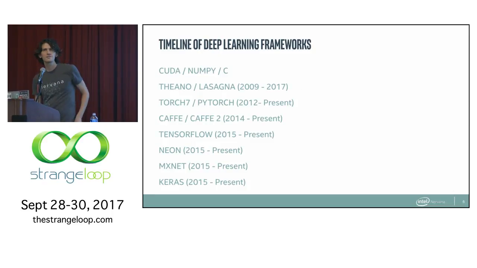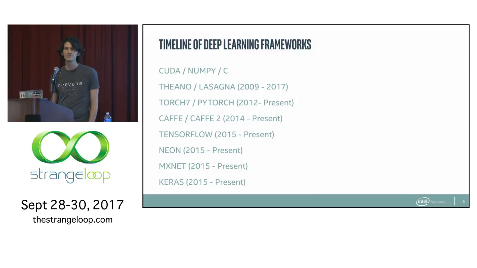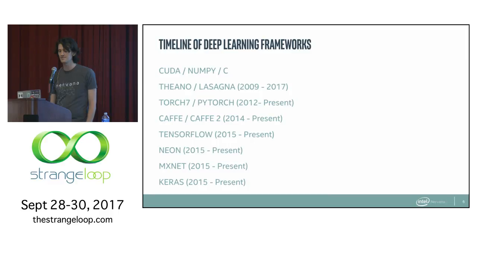It was back in 2008 when I started my PhD that I first touched on deep learning. It was just a few years earlier that Geoff Hinton released his paper on deep belief networks that caused this resurgence in the interest of deep neural networks. At the time, I was basically programming in NumPy or C, or very low-level things like CUDA. This was a real headache because you had to manually specify how to do the algebra and calculus in order to train through forward and back propagation.